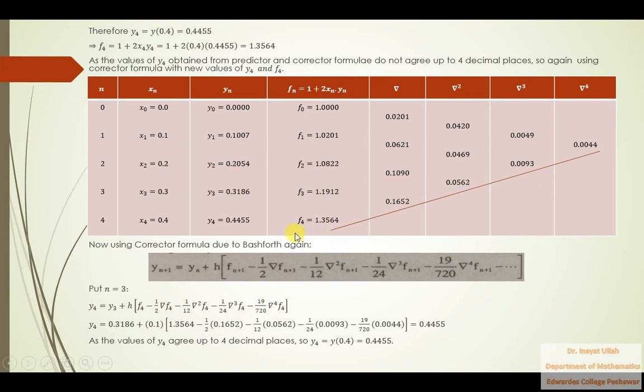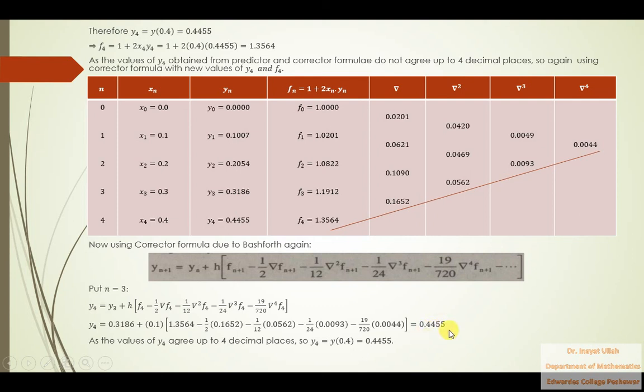These are the values. So replacing these values, we'll calculate y4 is equal to